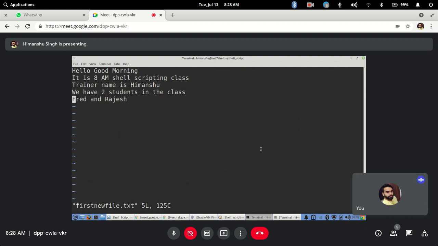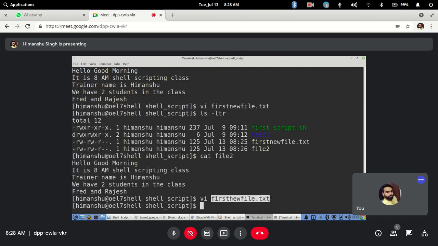No, it will not rename the same file, because you have already saved with a particular name. You open the file with the vi command itself. See, you are opening with a file name, so it is this file that it is opening. Again, let's say I open it.